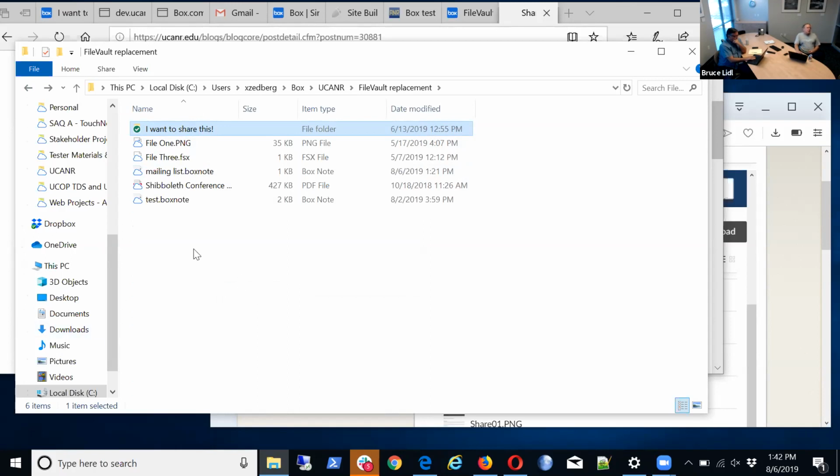So it will cache the most recently used files on your computer, but it's not going to copy everything that you have access to in Box to your computer, because again, with that 300 terabytes of 200-year-old videos, that's not going to fit on most laptops. But if there's a particular folder that you actually need to use, you're out in the field somewhere, you can just right-click on that folder, say make available offline. It downloads that to your computer, and then the next time you're in internet access, it will automatically upload